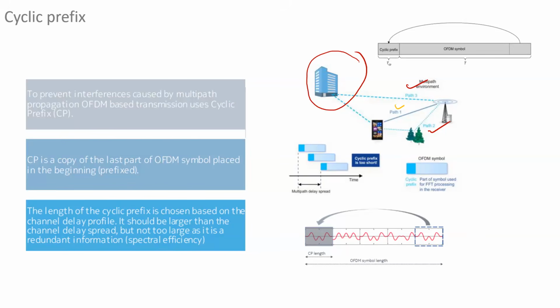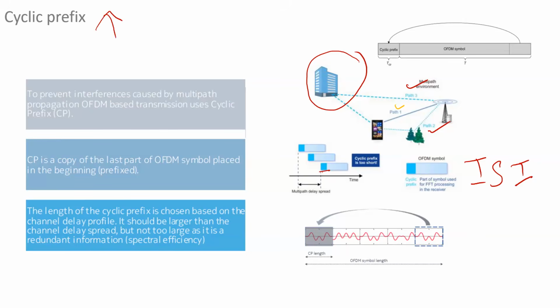Because our main purpose is to avoid the inter-symbol interference between the successive OFDM symbols, and it can be avoided only if symbols do not interfere, which can be achieved by a larger CP. So in our example, the cyclic prefix is too short, so there will be some kind of inter-symbol interference. What we can conclude about CP is that the higher the CP, the more useful it is to eliminate the ISI, but also the higher the full time of the symbol, so it takes longer to transfer the same information.